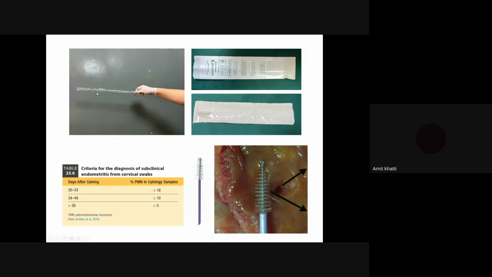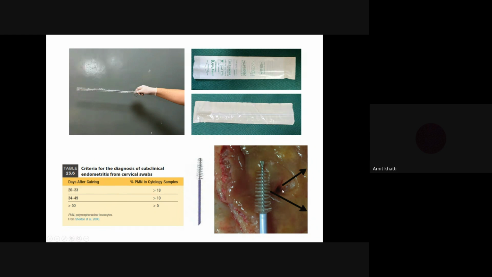So such kind of cytobrush assembly can be used, and this is the disposable brush which can be attached at the tip of this cytobrush barrel, and thereafter we can insert it in the endometrium or uterine cavity, and finally after touching the